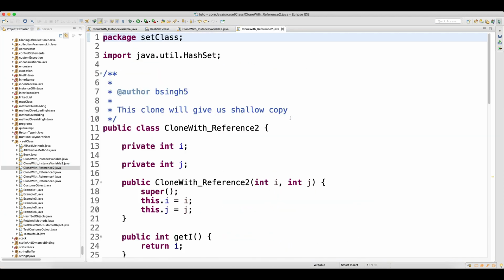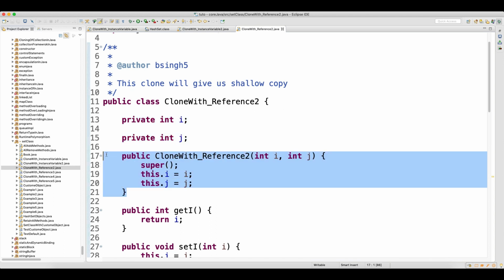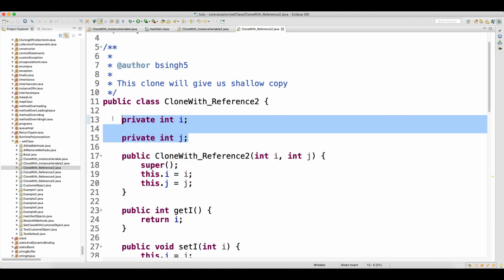Now look at the actual shallow copy. Here you have a class, and the class has two instance variables which are private in nature. Now you have one constructor with two arguments, and through this constructor you will initialize the variables of the class.